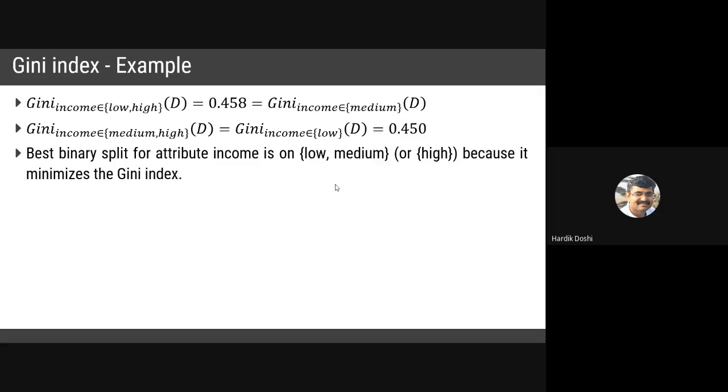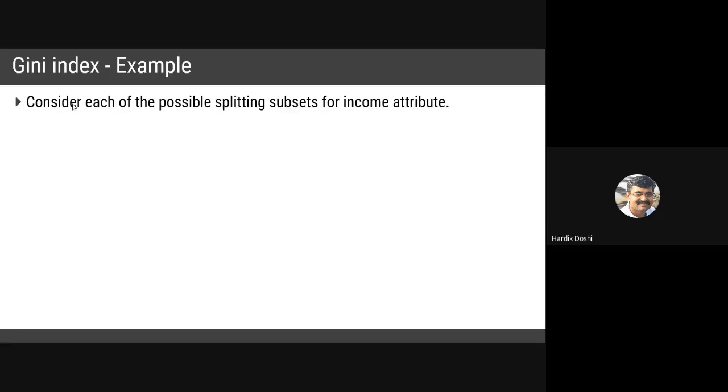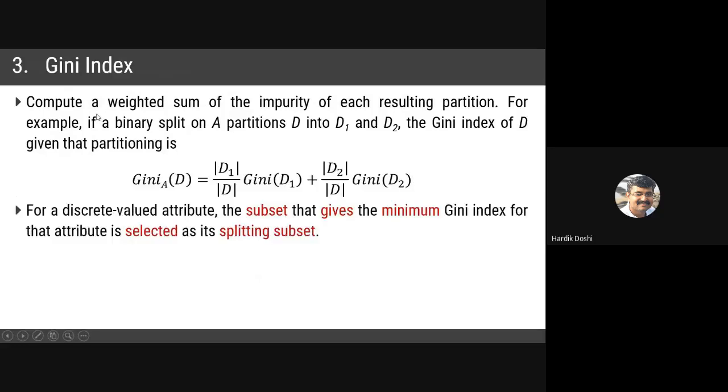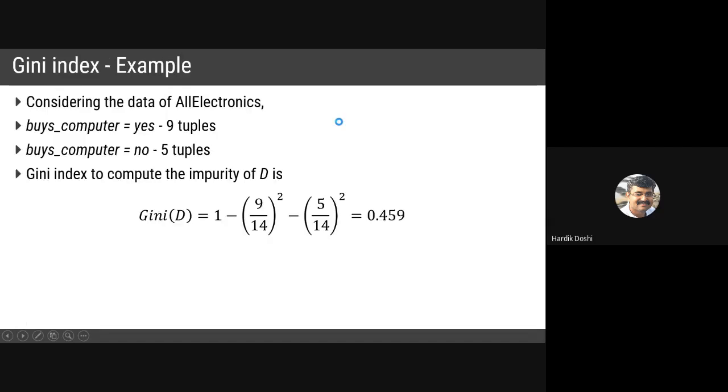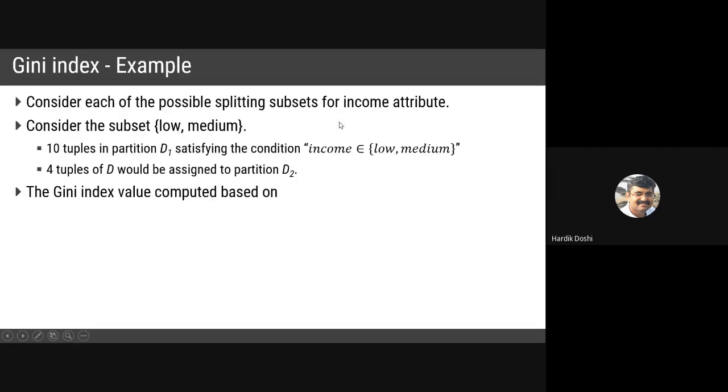But still, this doesn't complete our task. We need to do it for age also. In the same way as income, we need to compute it for age, credit rating, and the other attributes. We need to do it for age, income which we did, student, and credit rating. All three attributes we need to do. If you compute it all, what you will be getting is